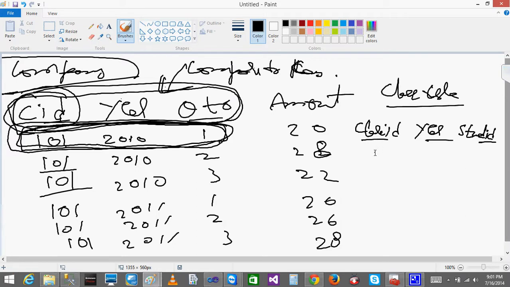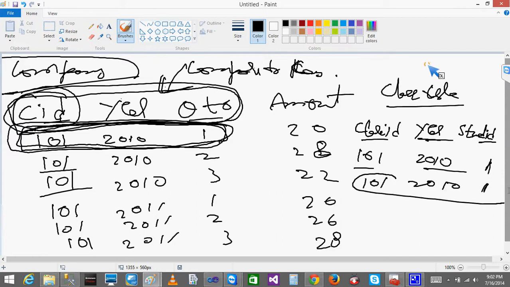Just think in a normal way. Class ID will be the same. Let's say I have class ID 101 and year 2010 and student ID 1. For the same class ID and same year, I can't insert the same student ID again, right?